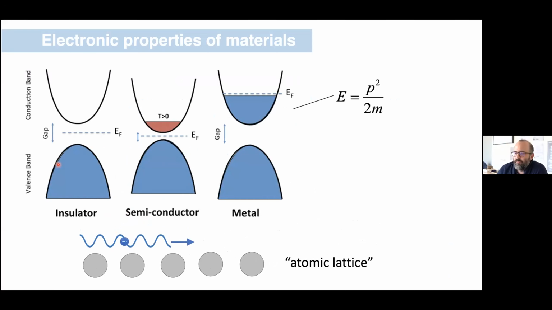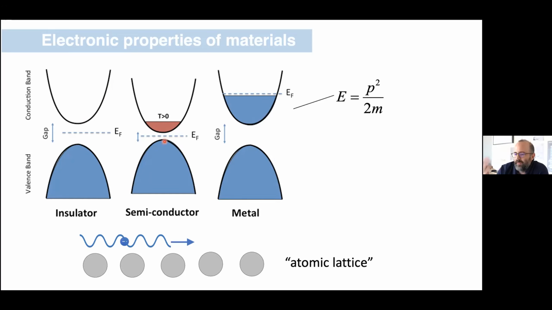So what I want to do at this moment is just identify that there are big three categories of materials from this perspective. There are metals, semiconductors, and insulators. And basically all of these have some kind of band structure. The relevant feature of this band structure is that there's a gap, which defines an insulator, or there's not a gap, or the electrons fill the band away from the gap, which defines a metal.